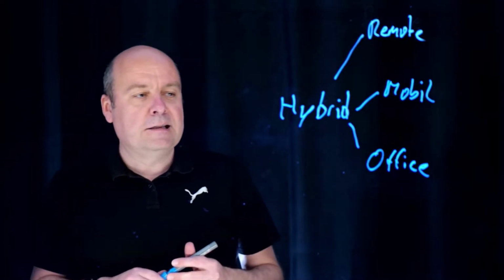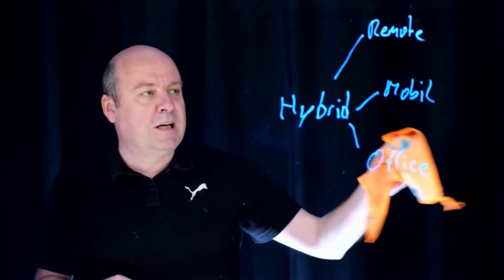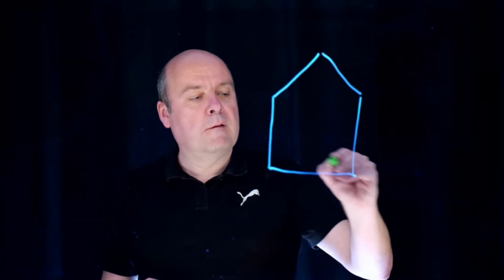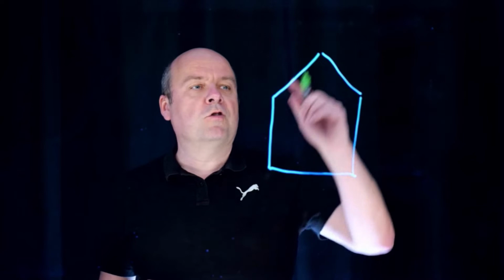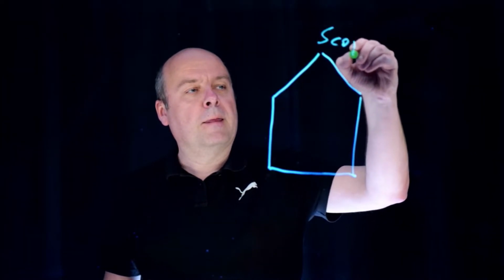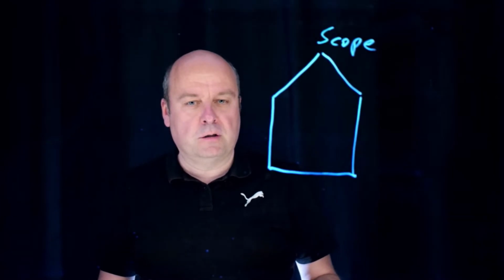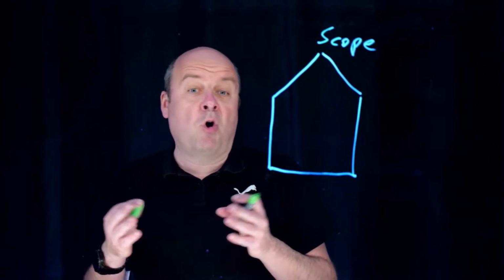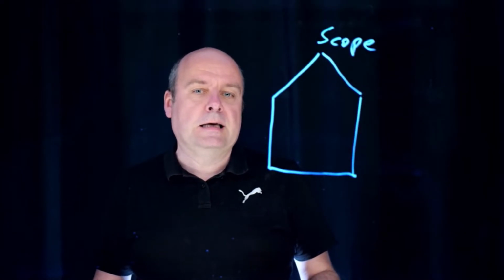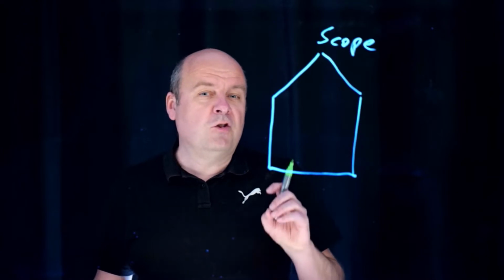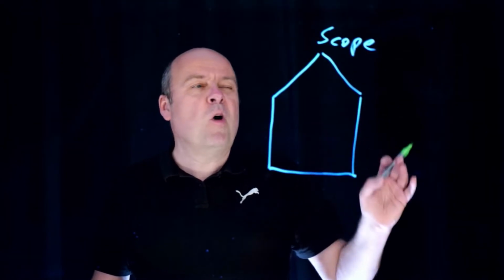Okay, let's take the next step. And let me clean that up first. Okay, the second thing I want to look into is the 5 dimensions of hybrid environments. A nice pentagram. So the first, and for me maybe the most important thing, is the scope. What is the scope of your hybrid session? Is it a workshop? Is it a call? Is it a meeting? Is it, I don't know, a co-creative kind of session? I think that's an important thing to consider and to really make it clear to everyone attending.